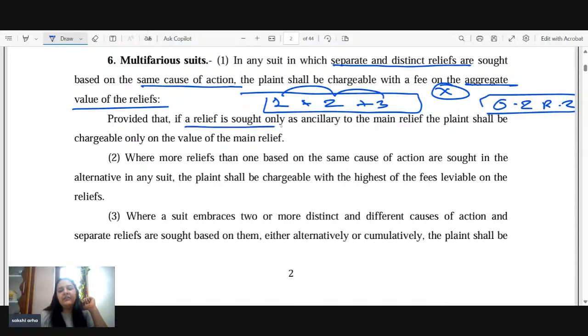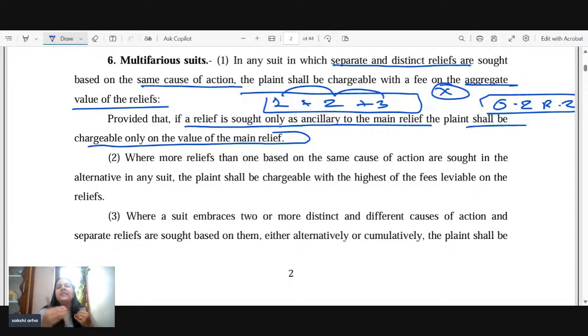Provided that if the relief is sought only as ancillary to the main relief, the plaintiff shall be chargeable only for the value of main relief. So if it's just the ancillary of main, ancillary means extended provision of main. Okay, main का अगर वो सिर्फ ancillary relief, extended provision है कि either this or this. Okay, in that case only main relief का जो value है उसका आपको chargeable करना है. For example अगर हम Specific Relief Act में देखते हैं, okay, so we generally claim either give us specific performance and you give us the compensation. Okay, तो हम दोनों का relief नहीं बताएंगे क्योंकि main relief क्या है? Main relief है specific performance. So you will add the court fee only for specific performance and not for the compensation because it's just ancillary